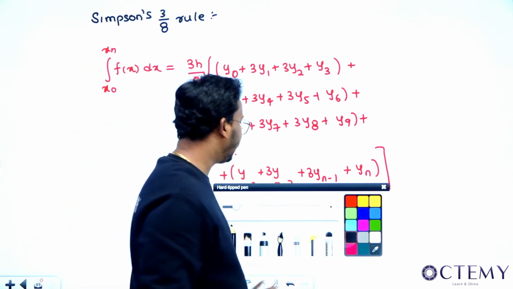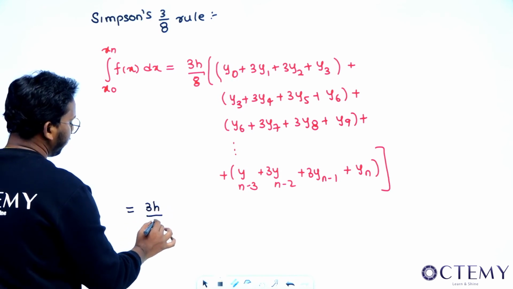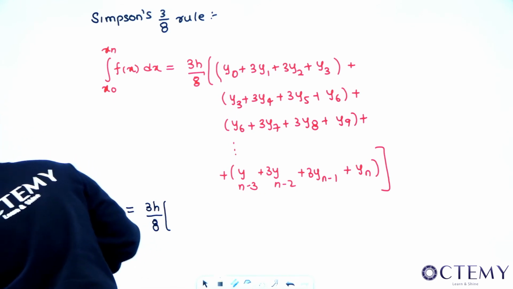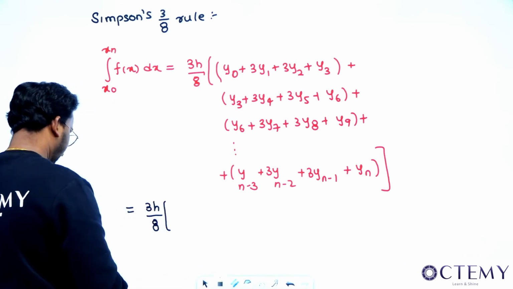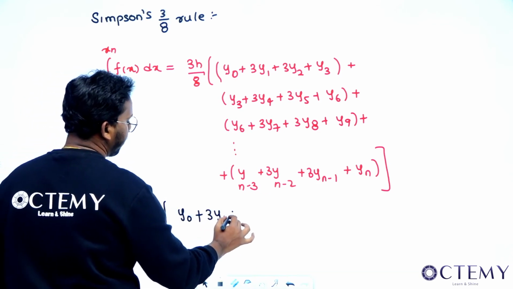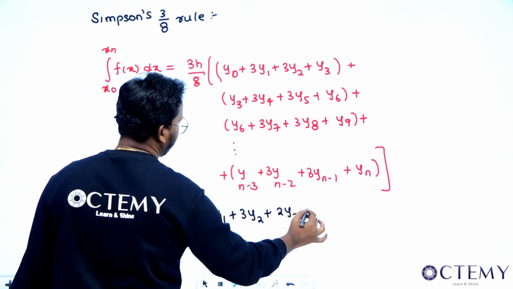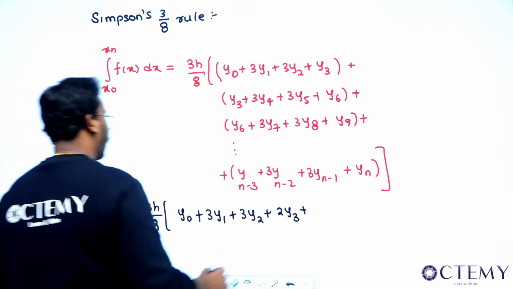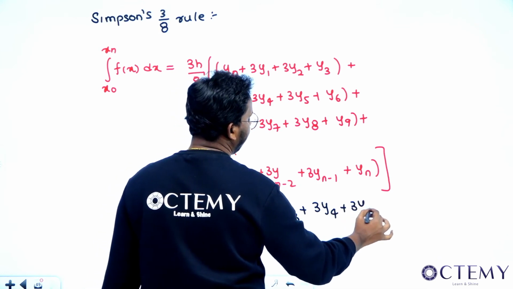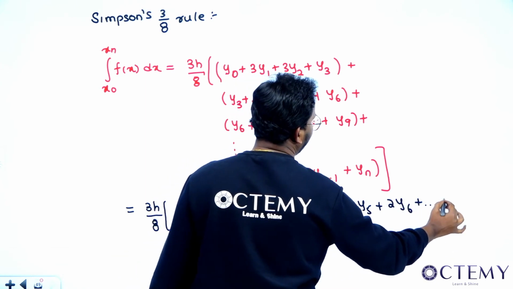So if you want to aggregate this entirely and write, that can be written like this: 3h by 8 times y0 plus, see sir, what will this become? This will become y0 plus 3y1 plus 3y2 plus 2y3 plus 3y4